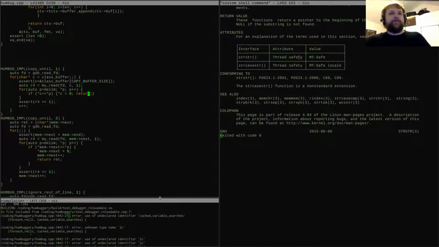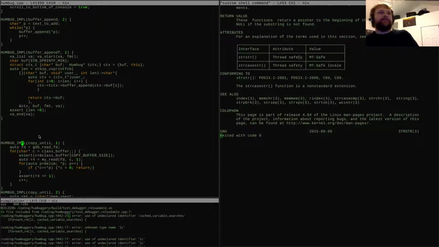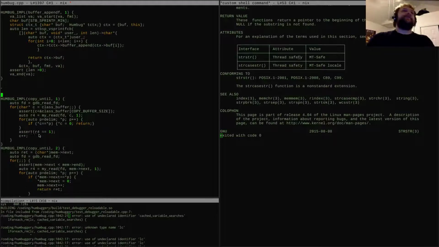Very readable. Good deal. Now you'll actually know what I'm writing, and it'll be far less impressive, I'm sure. You'll find out that my code is actually like, do thing now, please.